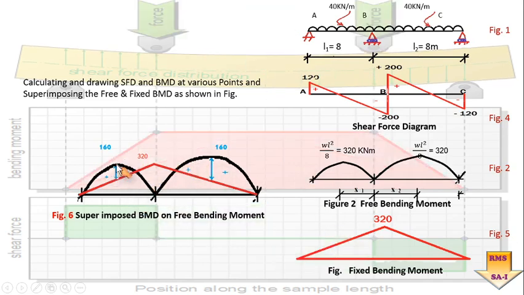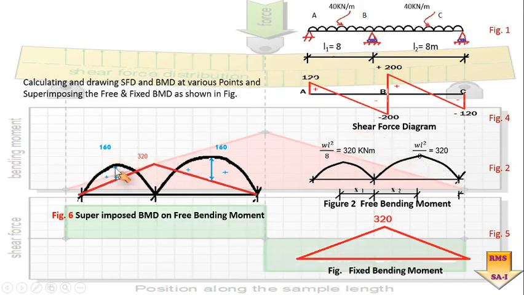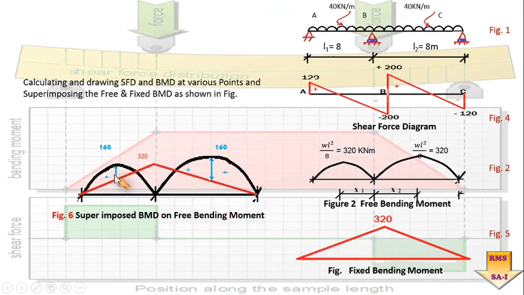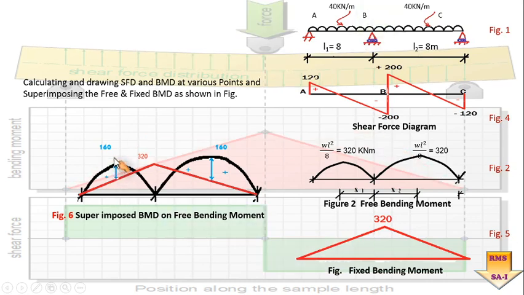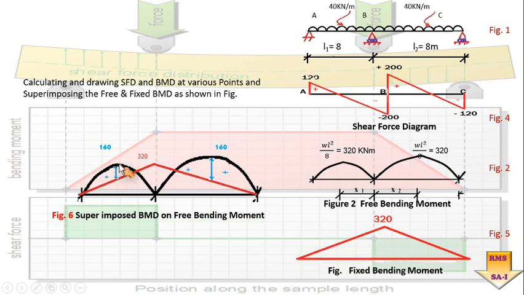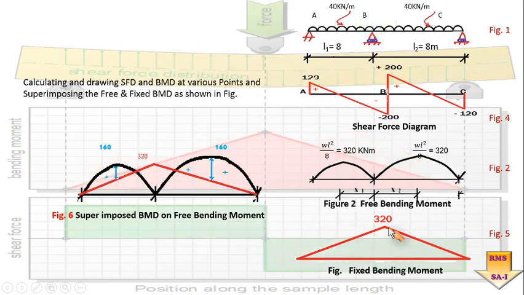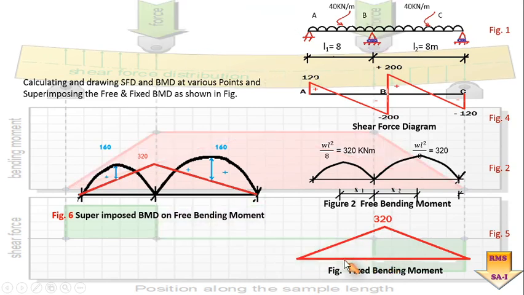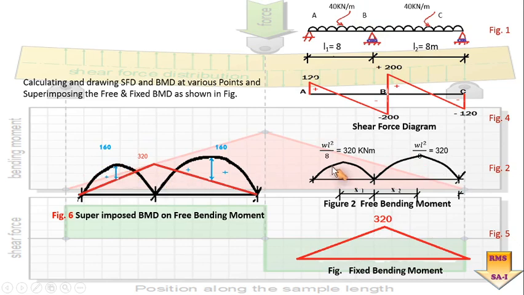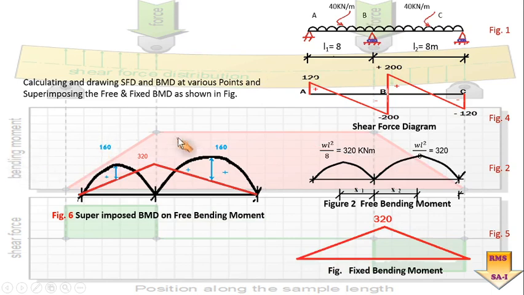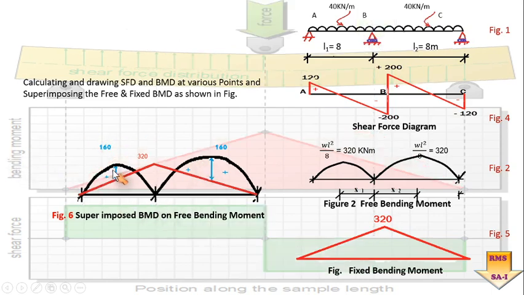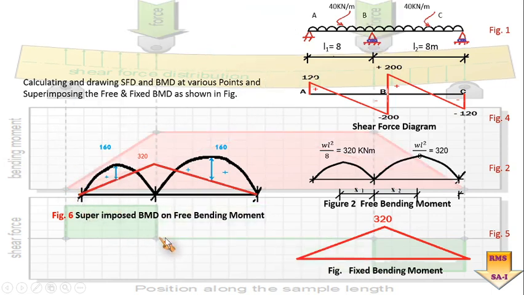Now here you can see I have simply worked out the resultant bending moment at this particular point. That is nothing but the bending moment at this point minus the bending moment at this other point. So if this is 320, exactly at half it will be equal to 160, and already here it is equal to 320. So 320 minus 160 is equal to 160. So this is how we have to work out the values of resultant bending moment, and this is how we have to complete the total solution.